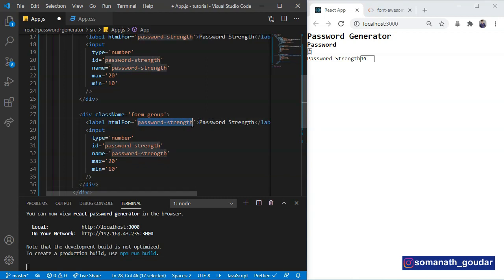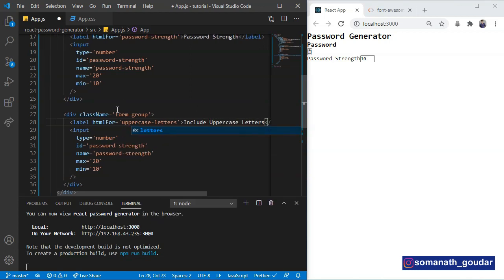This is going to be for uppercase letters, and this is also going to say include uppercase letters, and it is going to be a type of checkbox, and it is going to have an ID of uppercase letters, and it is also going to have a name of uppercase letters.